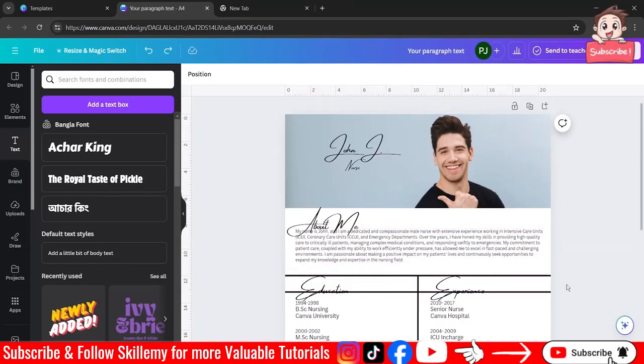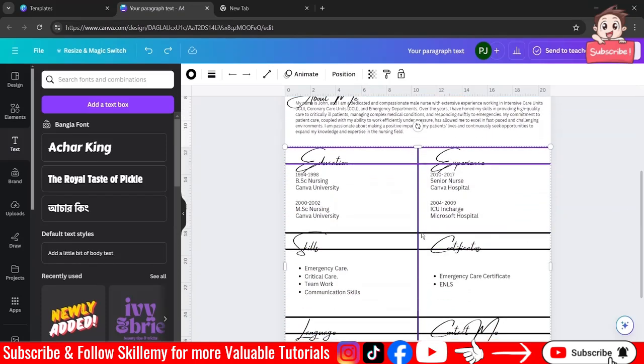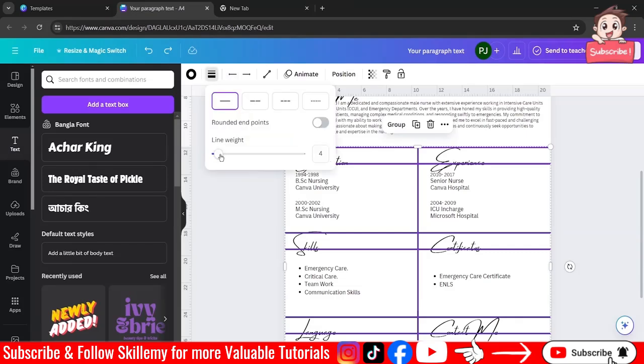Now another thing we can just do is selecting the lines. Let's select the lines. Let's go and make it thin lines.